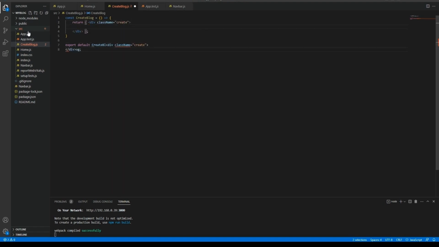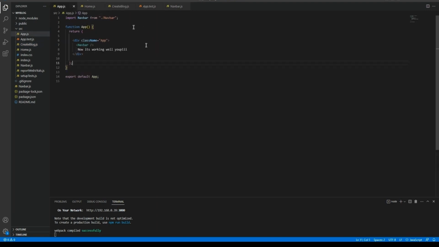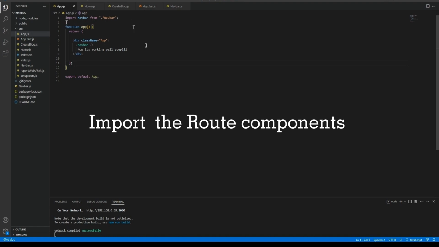Create. So an H1 as well. Then add blog. Again, I'm doing the same mistake. I'm gonna save, and then now I can go inside the app.js component, and I'm gonna import manually